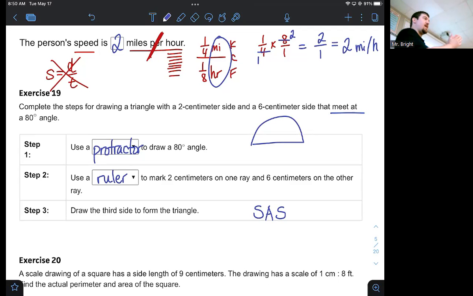because you can't make your triangle look any different if I told you it has to be 80 degrees. You can't make that third side any longer, because that means you'd have to widen that angle. You can't do that. You can't make these sides any shorter or longer, because they're already 2 centimeters and 6 centimeters. I've already told you those sides. So this would be unique. That's right. If I take one of those things away, all your triangles will look different. But with all three of those descriptions, this would be a SAS triangle, one of our most famous unique types